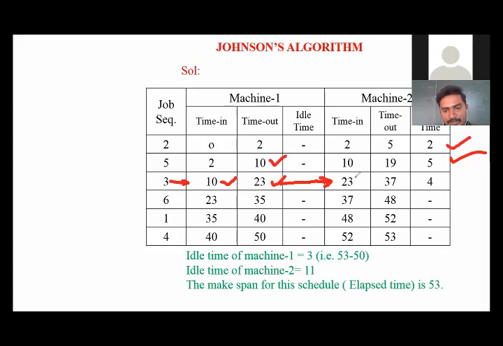Here, mission 2 started at the 23rd hour, but the previous job was completed at the 19th hour itself. So here the idle time is 4 hours. Here I would like to give one thumb rule to remember these idle times and time in processes. Here all of you listen carefully.